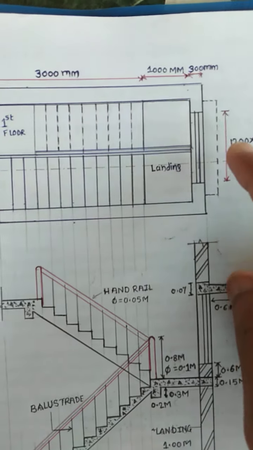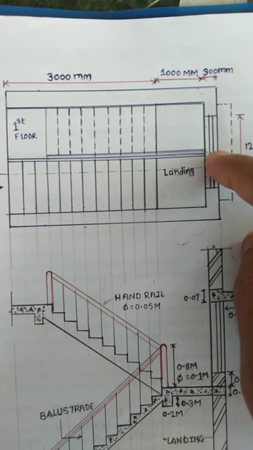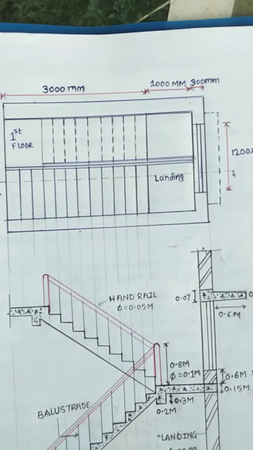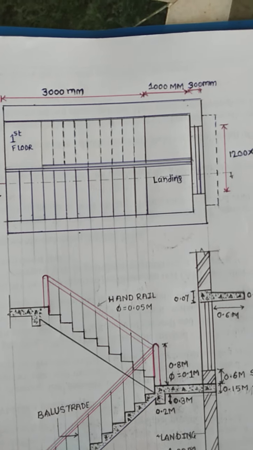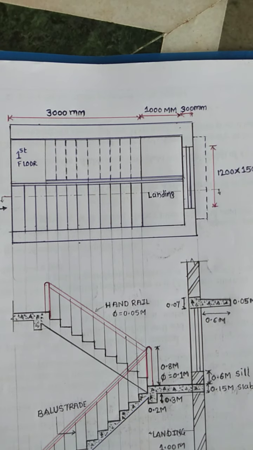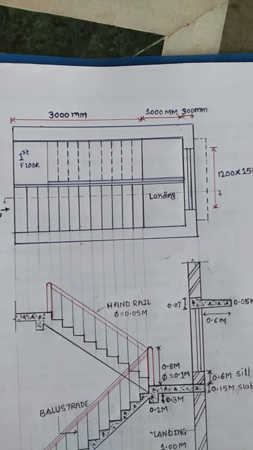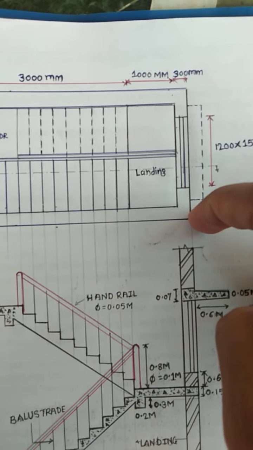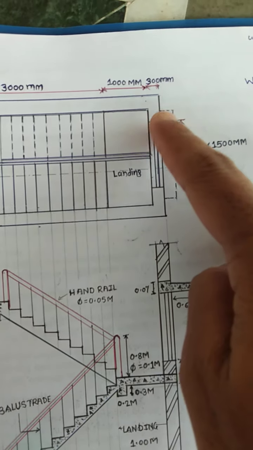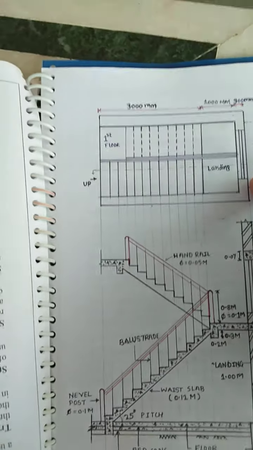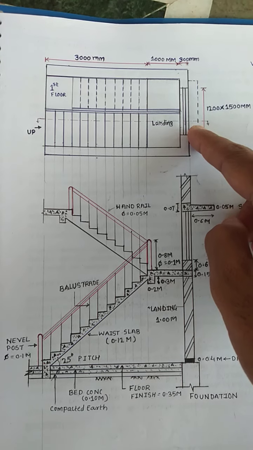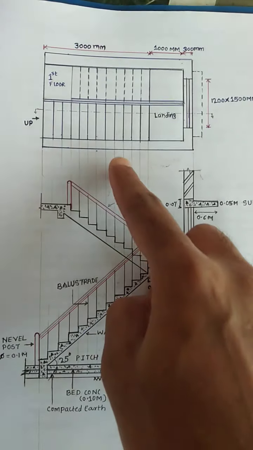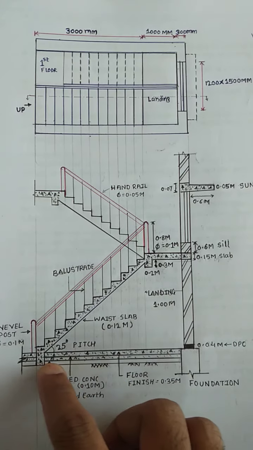Then for ventilation purposes, there should be a provision of a window in front of the staircase. For proper ventilation, air circulation and light circulation, we have provided one window over here, and this is the sunshade, or we can say chhajja, provided over here. Then similarly, like a perspective, we have to draw all the projections parallel to each other, up to the ground surface.